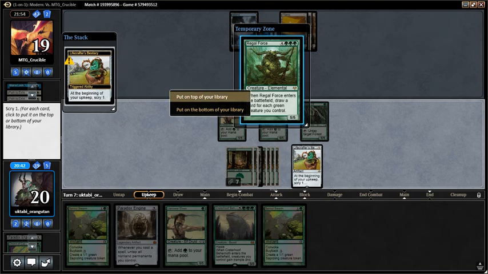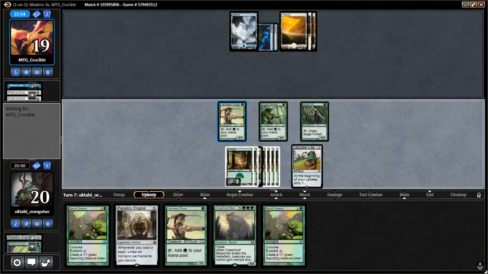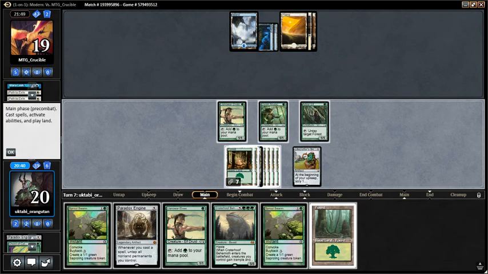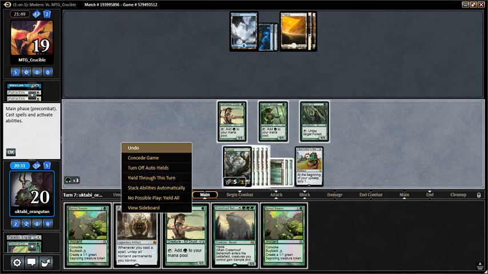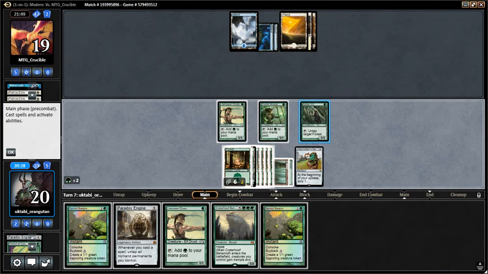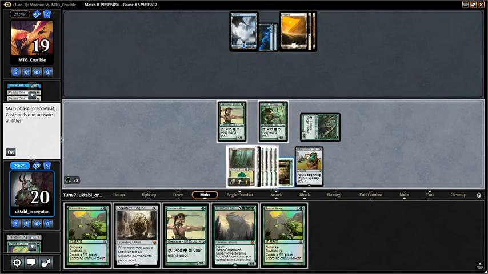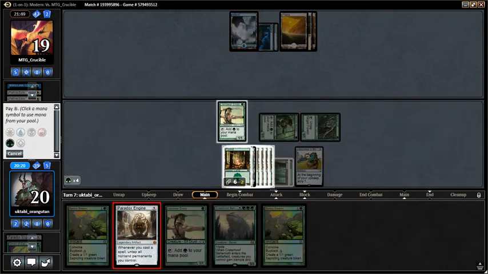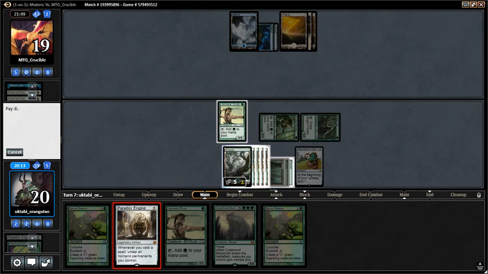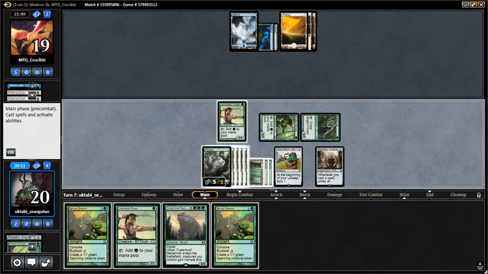Okay. Let's put that on the bottom. You just don't need it. So we'll play a Forest. We'll play Paradox Engine. Oh, wow. Okay. And then now we just